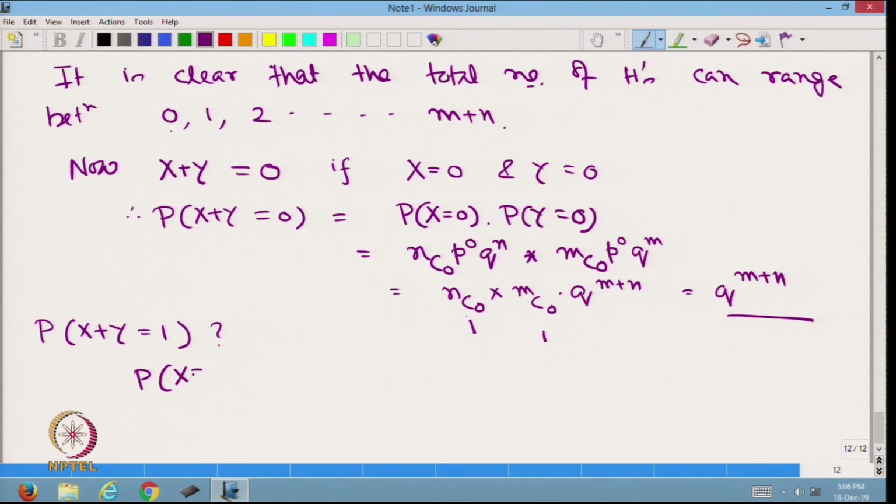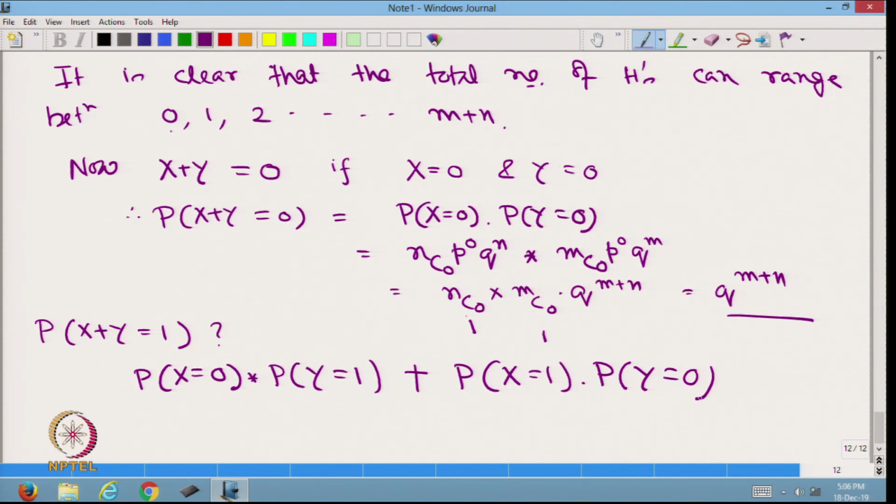Probability x is equal to 0 multiplied by probability y is equal to 1, plus probability x is equal to 1 multiplied by probability y is equal to 0. Because if we get one head in the total number of tosses, then it will be either 0 heads from coin 1 but 1 head from coin 2, or 1 head from coin 1 and no heads for coin 2. So, this probability is going to be